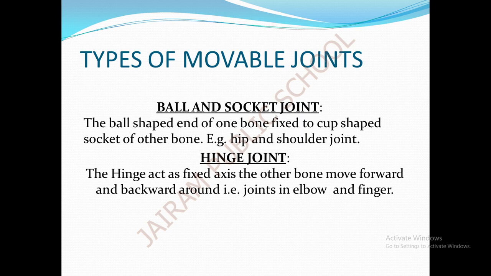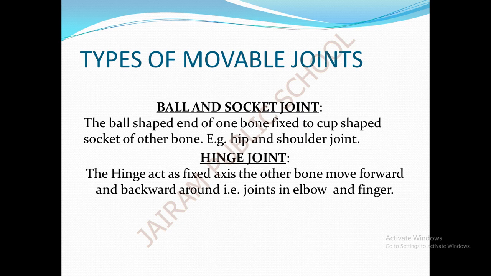I will explain it briefly. In this type of joint, one bone has a ball-shaped end, whereas the other bone has a cup-shaped end. The ball-shaped end of one bone fits into the cup-shaped socket of the other bone. This allows the maximum movement. So, this joint is somewhat similar to the joystick of a computer. The hip and the shoulder joints are examples of the ball and socket joint.